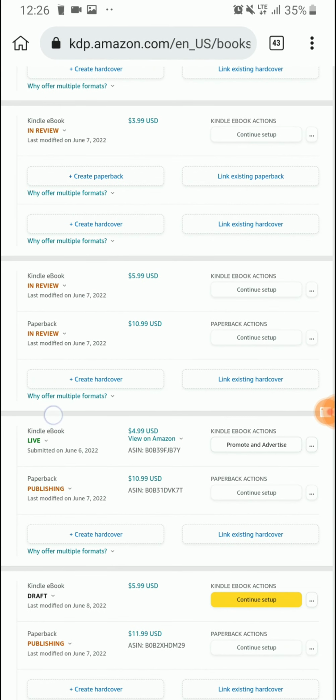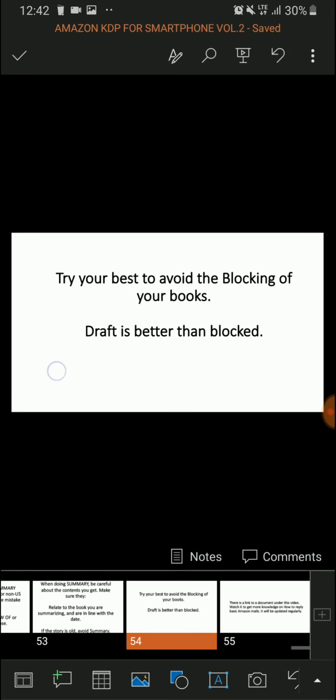Now, try your best. If there's any way you can, try to avoid getting your books blocked. And sometimes it happens by you responding to their mails the right way. If many of your books get blocked on Amazon, Amazon will flag your account. Like they'll put a kind of suspicion on your account that you're publishing illegal content. And a small mistake, bam, everything is gone. So I say better to leave your book in draft. Sometimes I tell my students, if you have tried with Amazon and they are not releasing your book, just leave it in draft and move to your next book. Don't try to fight it, because being blocked is not good at all.